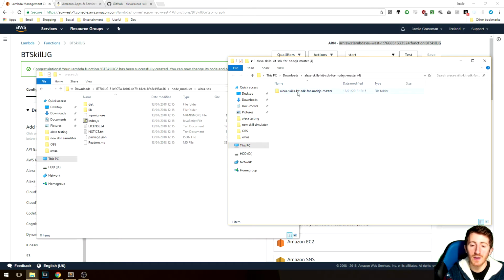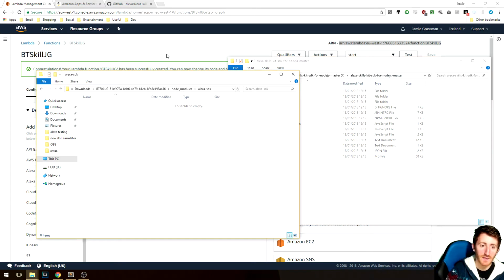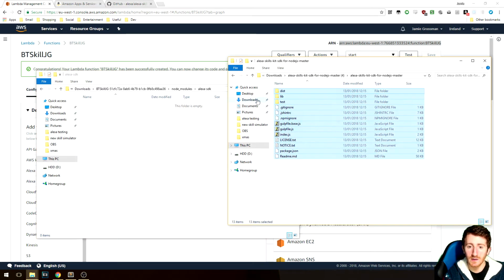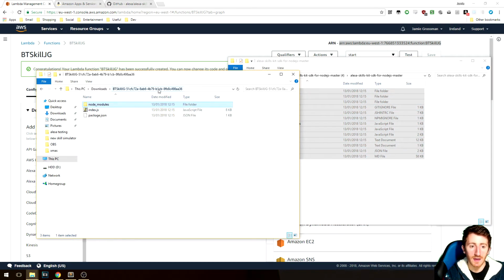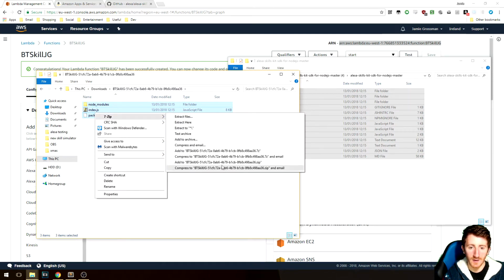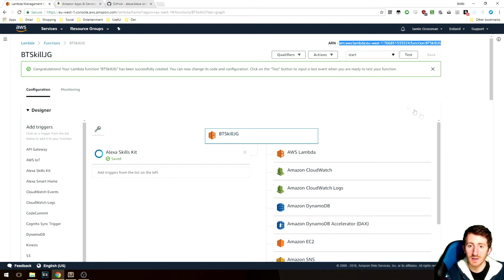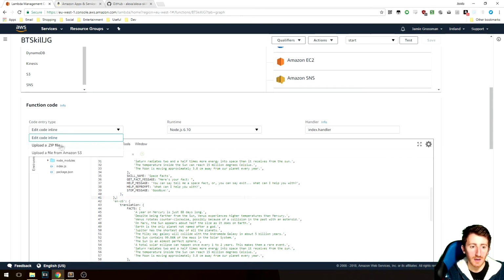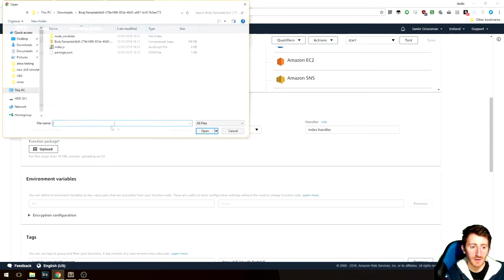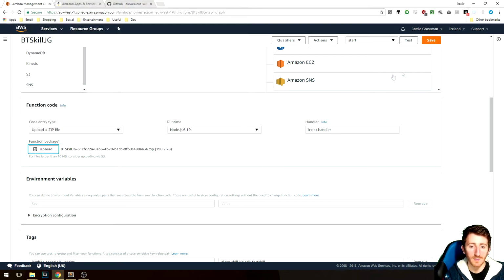So what we're going to do is go into the Alexa SDK in your skill, in your function, go into the folder in the SDK, and basically delete everything in the Alexa SDK folder, copy everything into there, and then go back to the root folder, zip that up, find it, and then you just want to upload that back to your function. You go here, do code entry type, upload a zip file, upload, go to the folder, hit the zip, hit save,